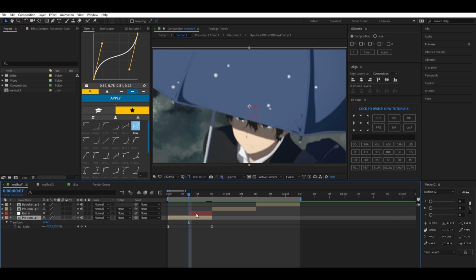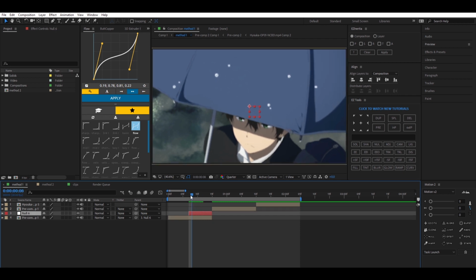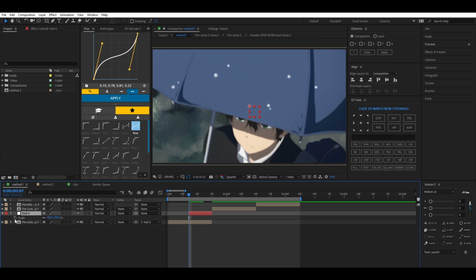And once you're done making your null, you're going to parent your layer 1 to your null object. And then once you're done parenting the null, you're going to press S on your keyboard and keyframe scale on your null.